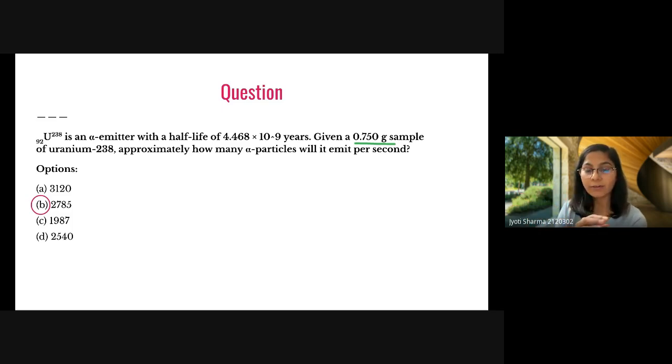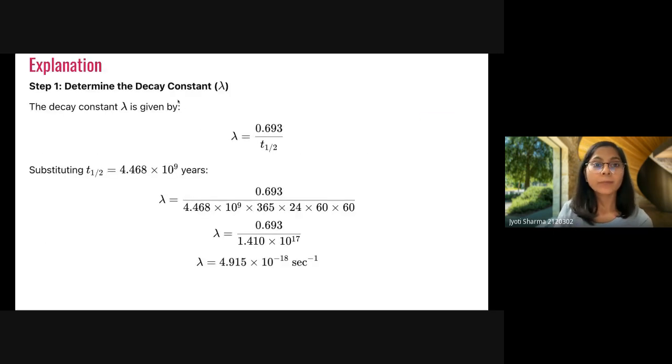Okay, if you have the half life, then let's see how we can do this. Now this decay constant is equal to 0.693 upon half life. Just keep in mind this is in years, but we need it in seconds, so we multiplied by 365 × 24 × 60 × 60, so that this year can be changed into seconds, right? And this is how we calculated the decay constant.